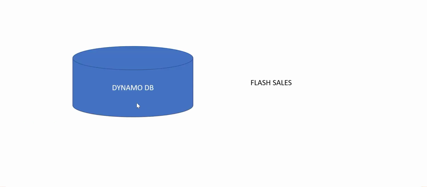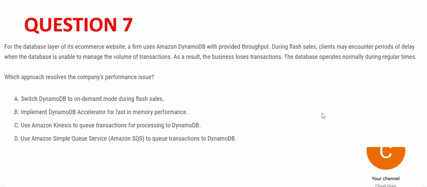See, if you have a team and you have one person, and that one person is unable to manage, what will you do? You will add one more person. So this guy is alone, not able to manage it, so we add this guy also. Now we have two persons in the team and the load will be shared. Similar to that example, out of these four options, we will have to choose one option. See, thumb rule, always remember, whenever you face this scenario and DynamoDB is not coping up, just make DynamoDB on demand. Put it in on demand mode during flash sales and it will solve your problem. So we got our answer.